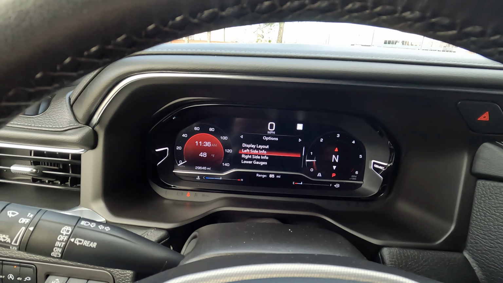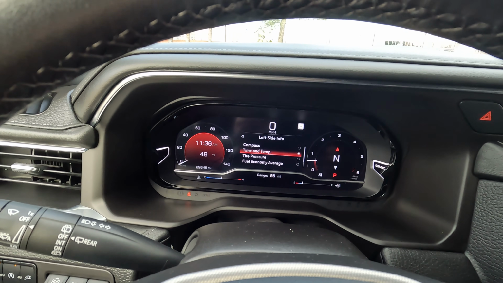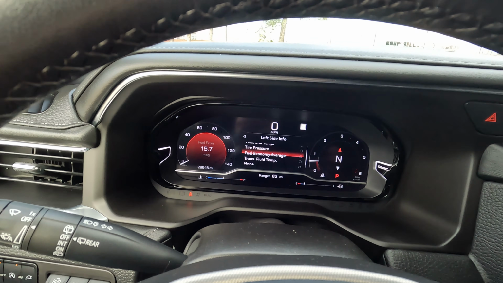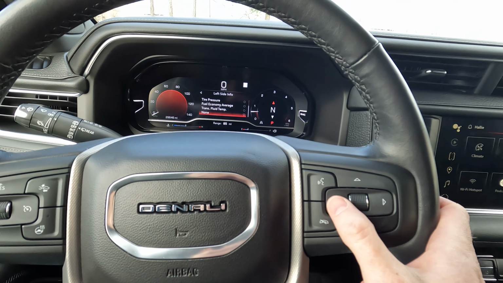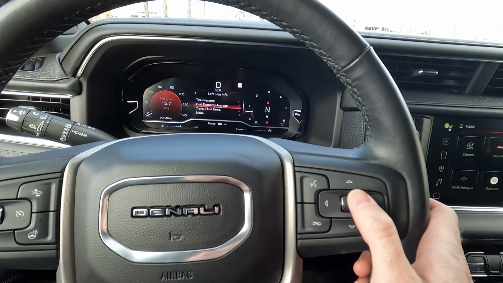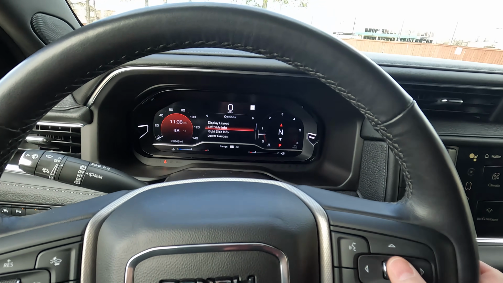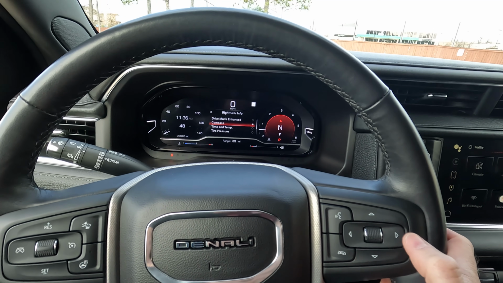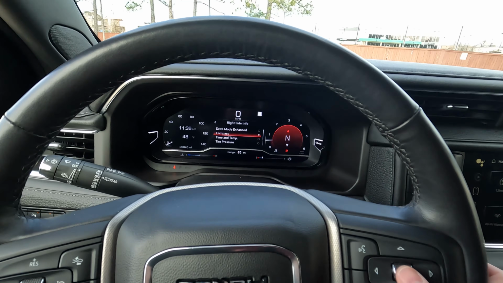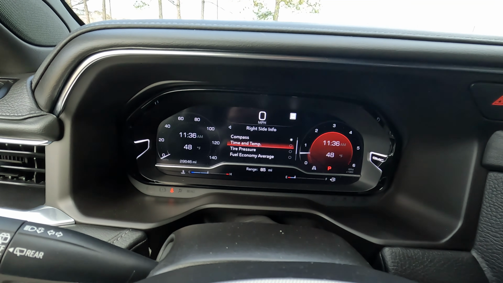If you want to make changes to the left side, you can do that. And you can determine what's going to be over there, as you can see. And all I'm doing is arrowing over with the left arrow and then using the scroll wheel right here. And if I want to select something, for example, say I want to go and change the right side, I'm just going to scroll over and then push that scroll wheel right there, and then I can determine what's on